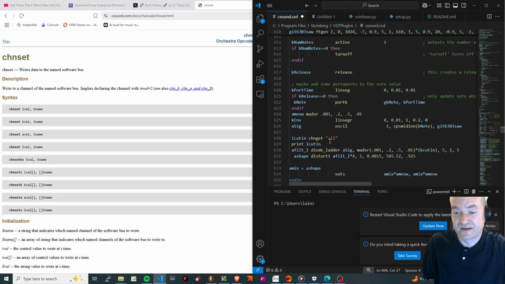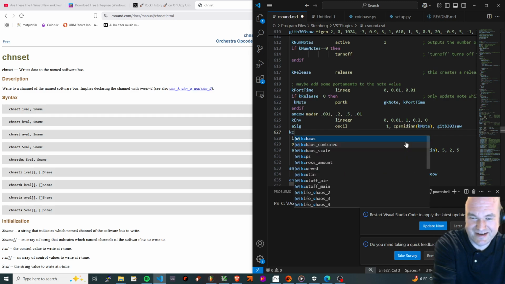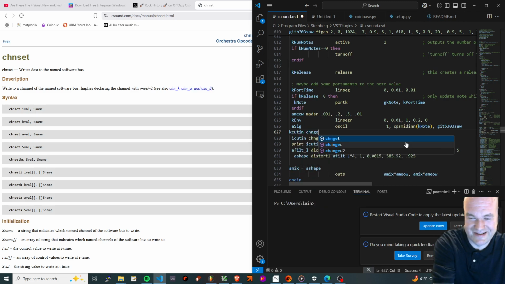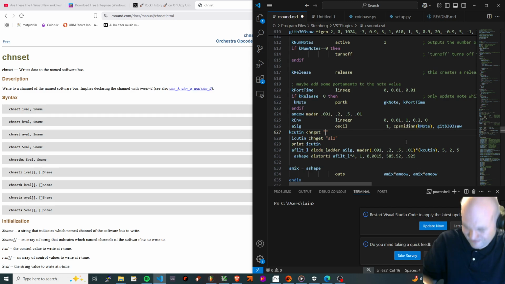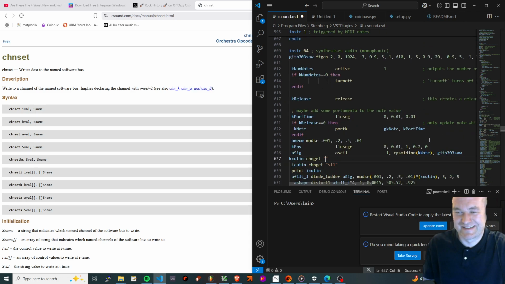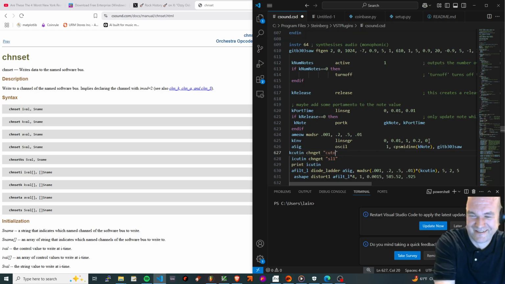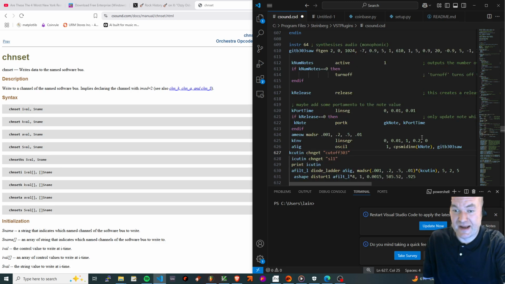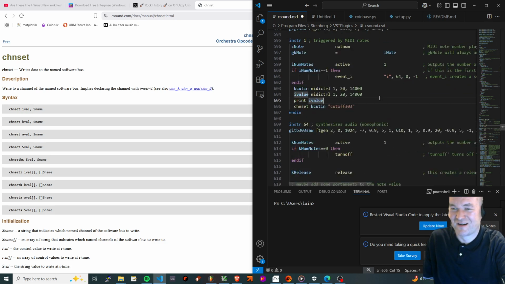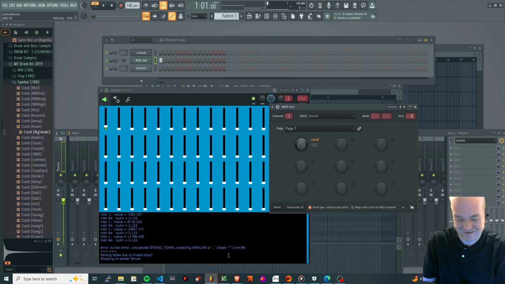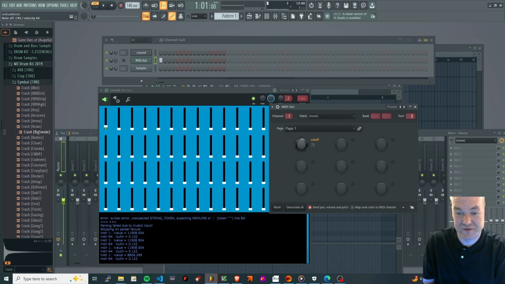And then we want kcutin chnget. What was it again? It was cutoff303. And then if you evaluate both of those using the Csound plugin in Visual Studio Code, you should maybe